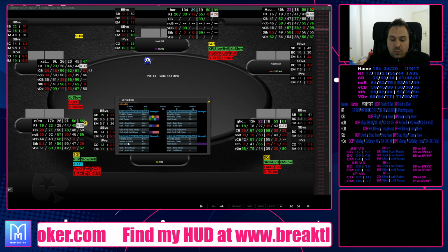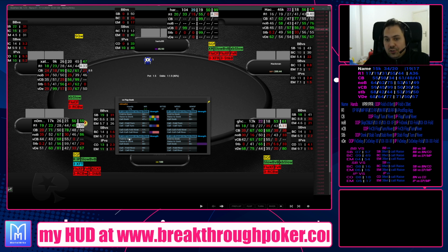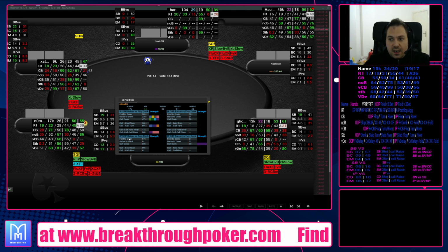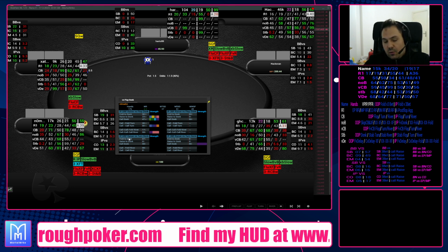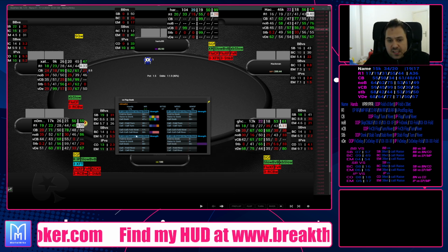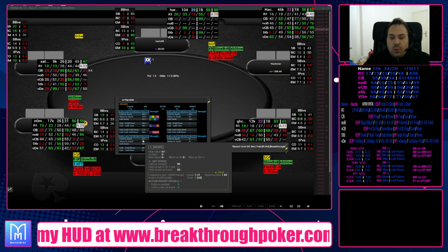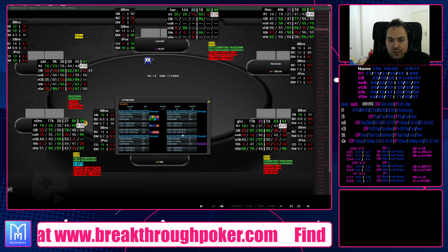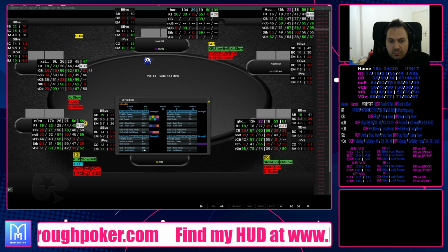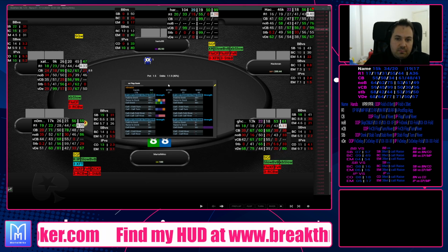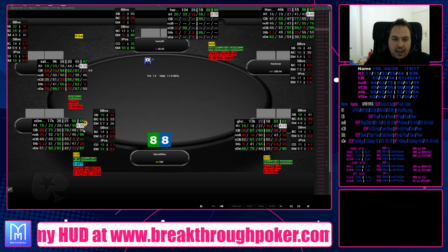and then here you see how much he defends the river. We have also the donk on the turn, because now suddenly donking on the turn is really really GTO. There are numerous turns that are really good for your range, like middle connected cards, some draws that really favor your range. And then you're going to just start donking on the turn, and you're just going to see, okay, I want to see how this guy reacts when you start donking to him on the turn. You have that for 3-bet pots, for single raised pots, and you also have here how he plays the river then. So basically here you have everything about how he plays against donks,